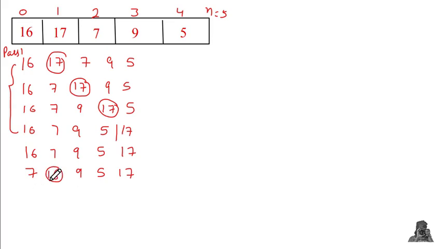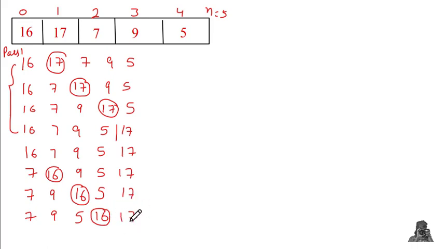After this, 16 will be compared with 19. Again they are out of order, so 9 will come forward, 16 will go next, and the rest of the elements will remain the same. Now the bubble has been shifted to the next position, so again comparison will be done. Obviously 5 is less, so 5 will come forward, and 16 will be moved further. Again the bubble has been shifted to this position.